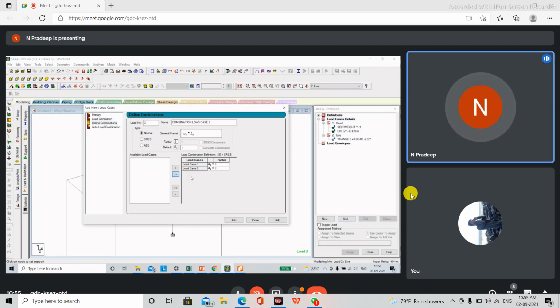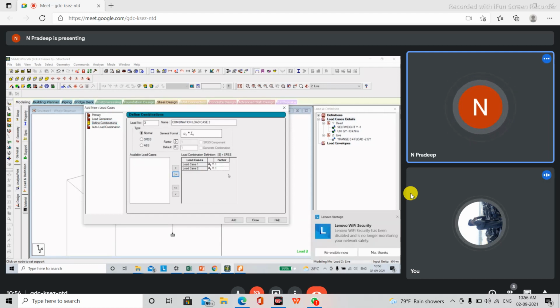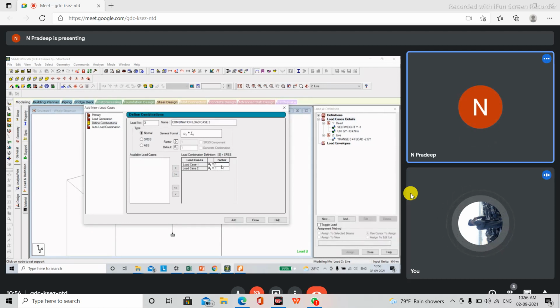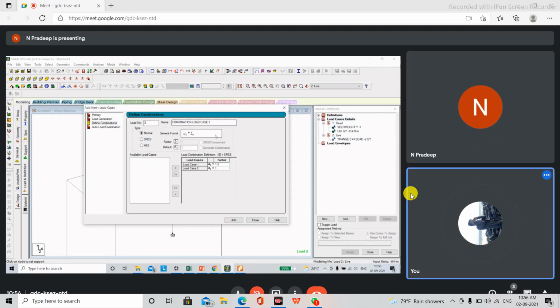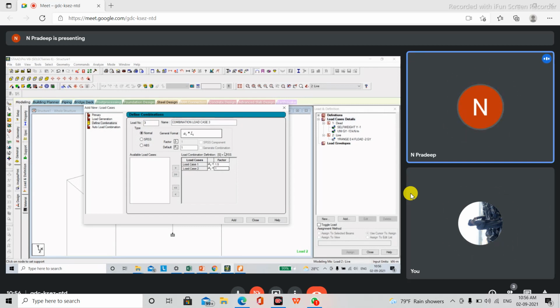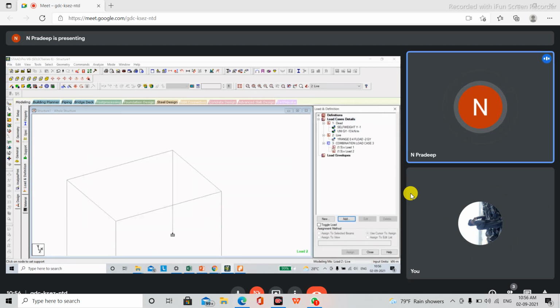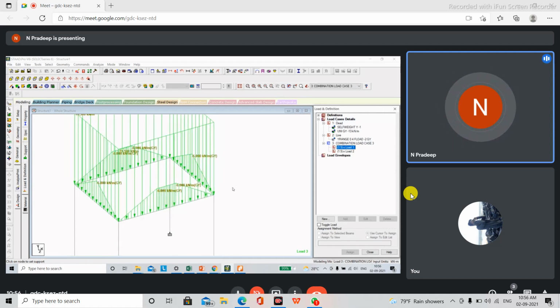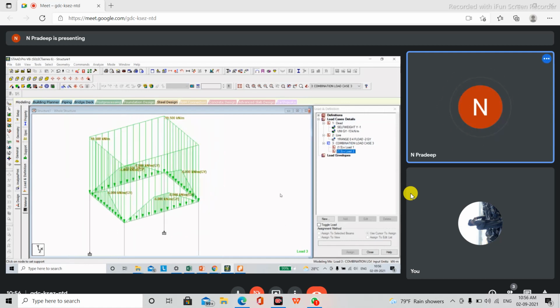In this, you bring in both the loads to this side, and then you can give the factor of safety as 1.5 for each, and then you click on add here. So now the combination of loads has also been applied on this particular structure.